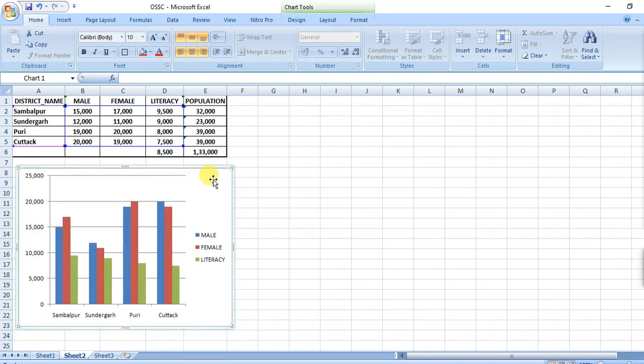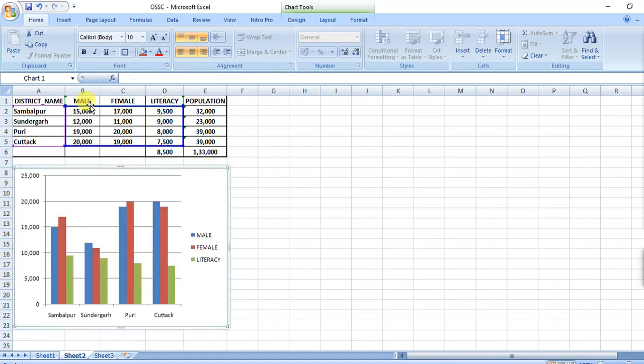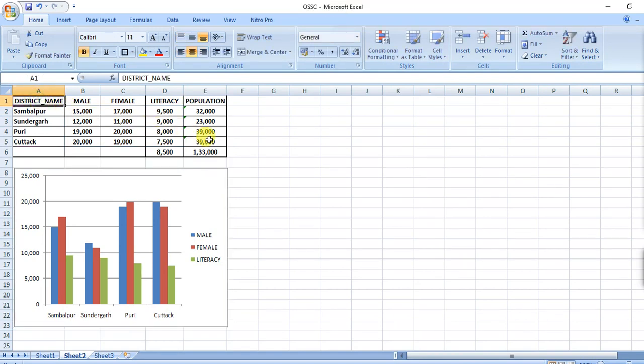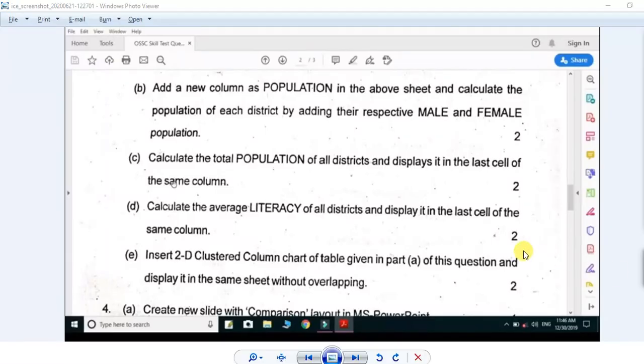Little bit larger. Fine. Then you have to save, Control S. Okay, fine. Going to the next question.